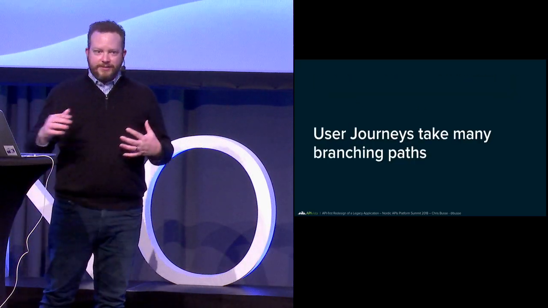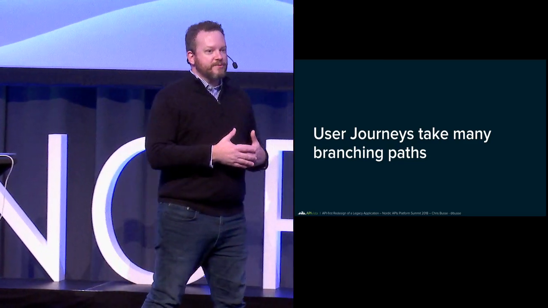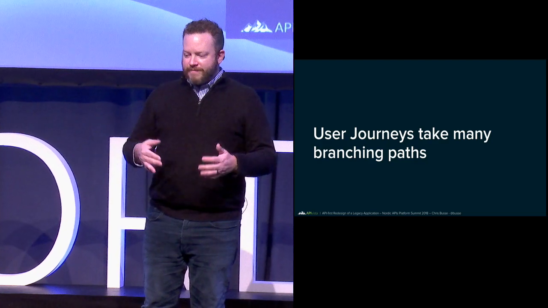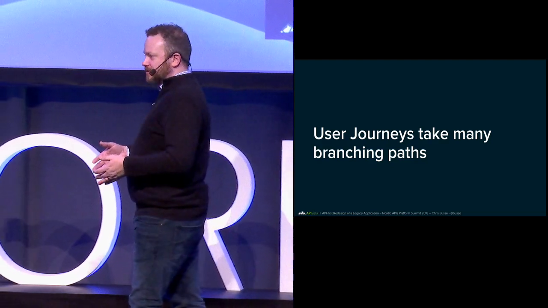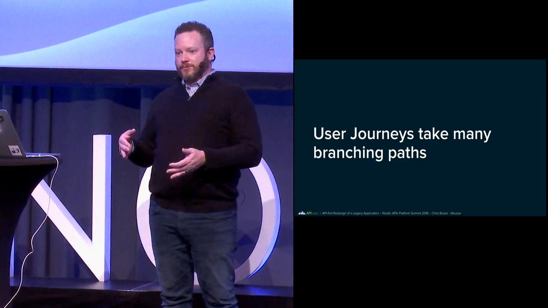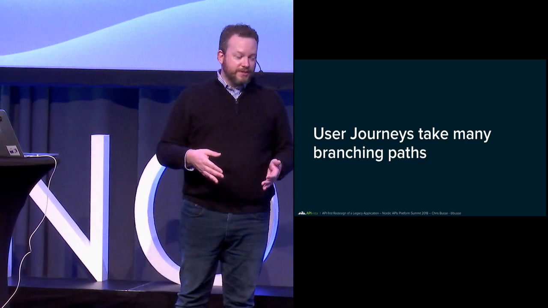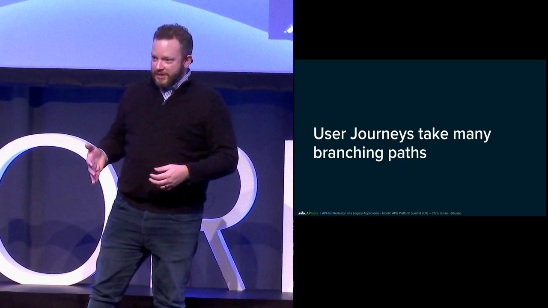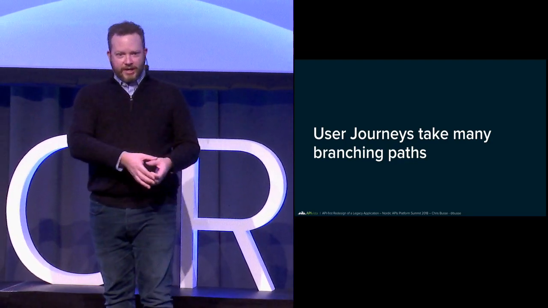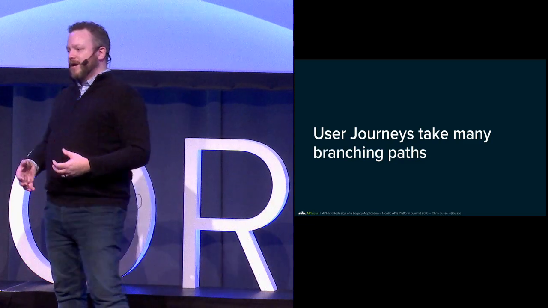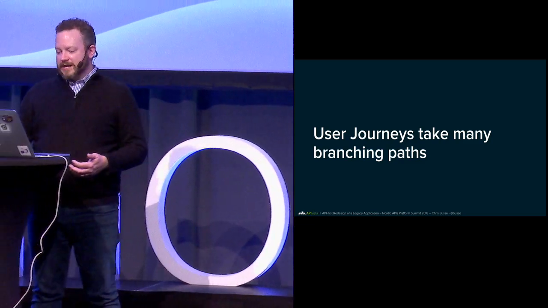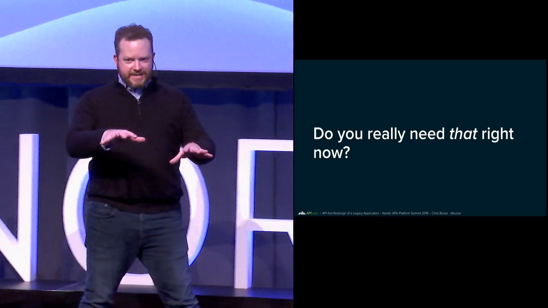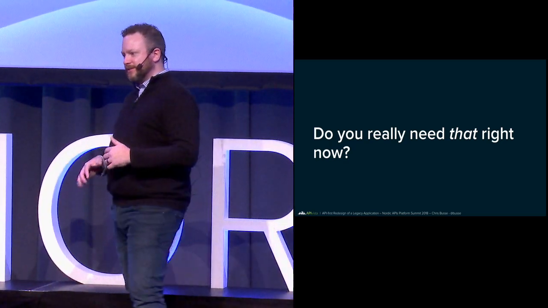Now, I think as software engineers, especially software engineers working with schemas and very tightly and well-defined things, we very much work in an objective space. And when you start to explore user journeys and user experiences, you start to go into a very subjective space. Is that really an edge case? Even though it's an edge case, what is the monetary value of that? It can be harder to prioritize the backlog, and the question often comes up, well, do we really need that right now? Like, do we need to handle that situation?